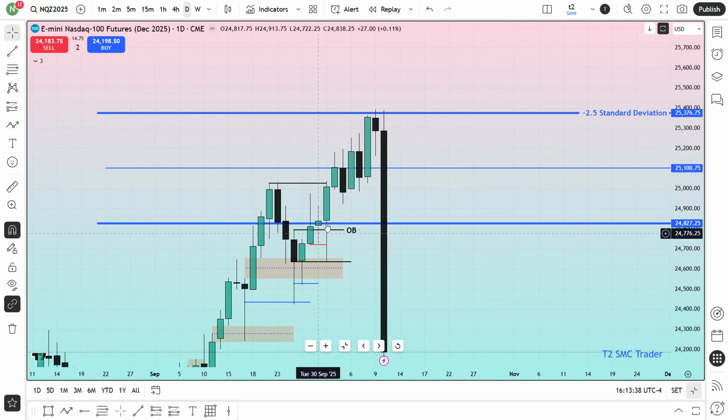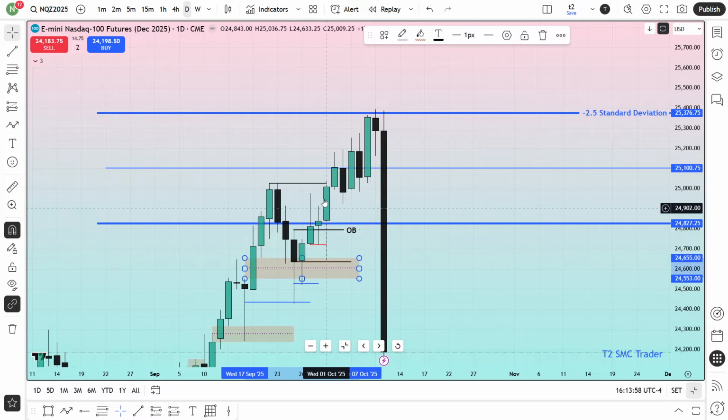What is my bias? Of course bullish until -2.5 standard deviation, because the body has closed above this -1.5 standard deviation. Before this order block appeared over here, I could expect that it will fall until these bullish fair value gap bodies are going to be respected with the upper portion of this gap. That is the sign I'm extremely bullish. Then I had to wait for a body close above this -1.5 standard deviation. When it is done, I'm looking for the buy again, until -2 standard deviation.